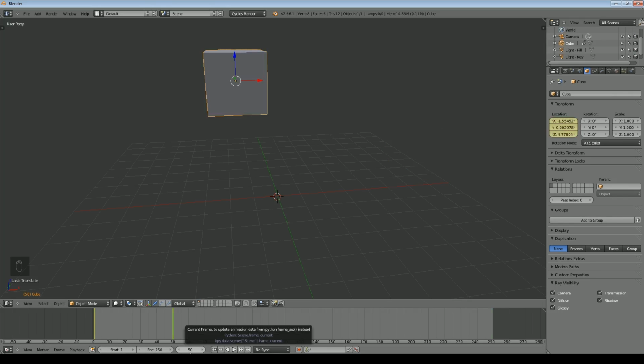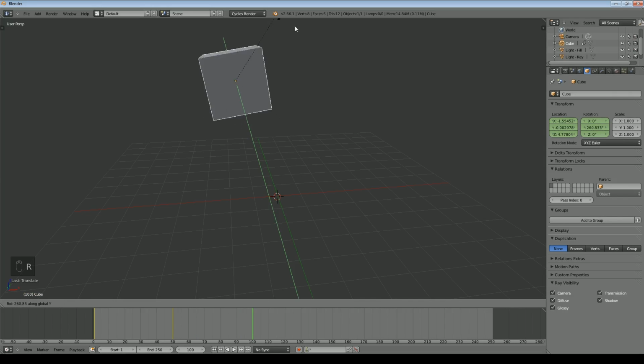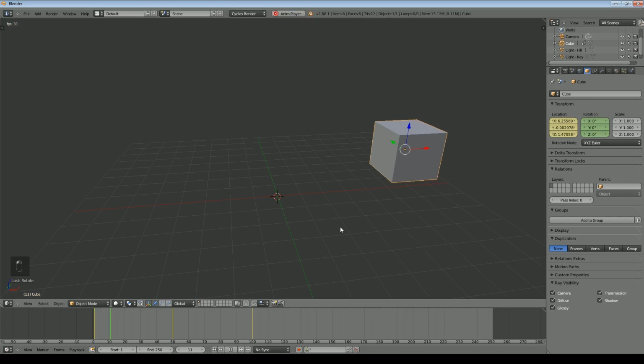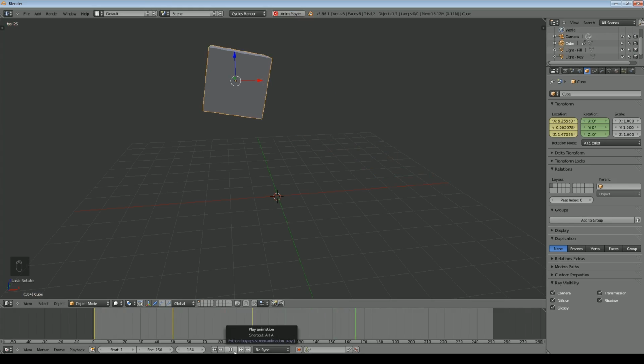So if I go back to frame 50, hover my mouse over rotation now, and then go to, say, frame 100, and we'll rotate on the y-axis a bit. Press the keyframe on that. Now we go back to the beginning, and it will move to that position and then rotate. So that's a very simple animation. That's one of the basic ways you can do it. I'm going to cover the transferring this into a video file toward the end.